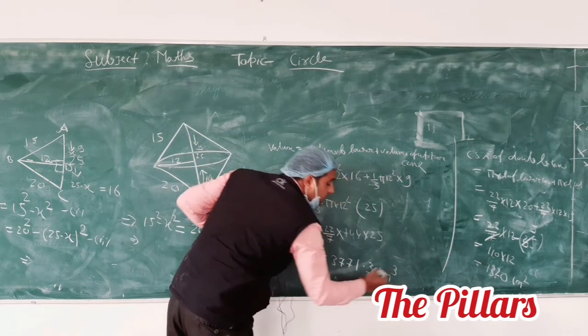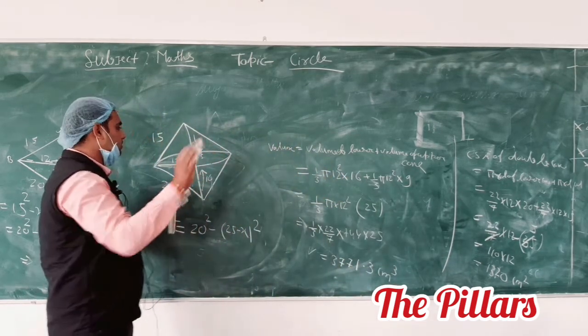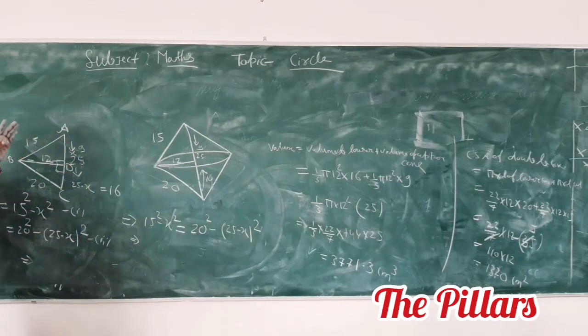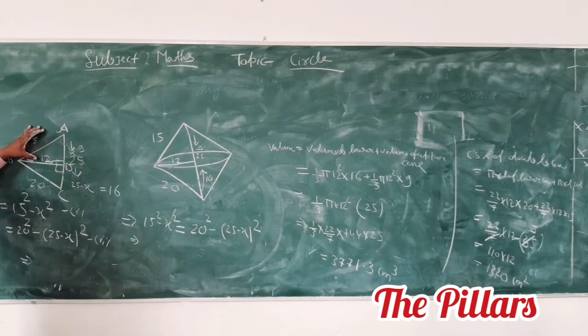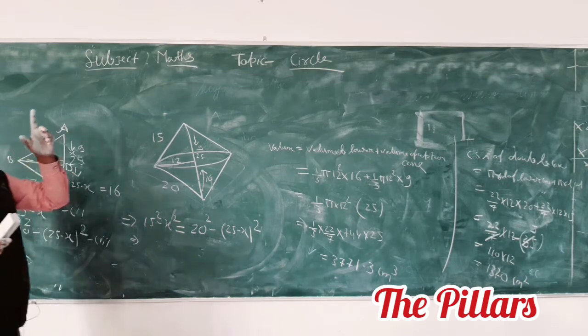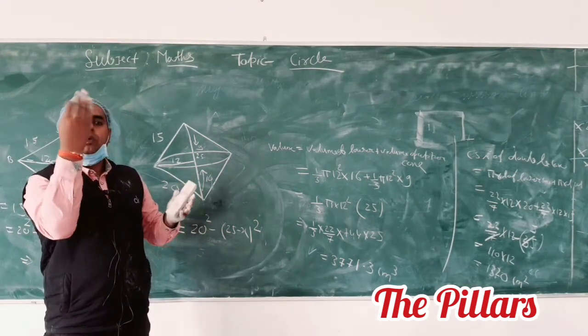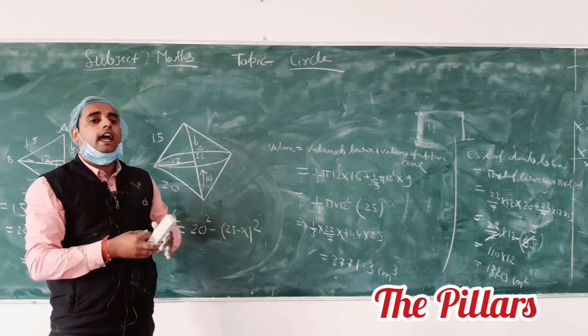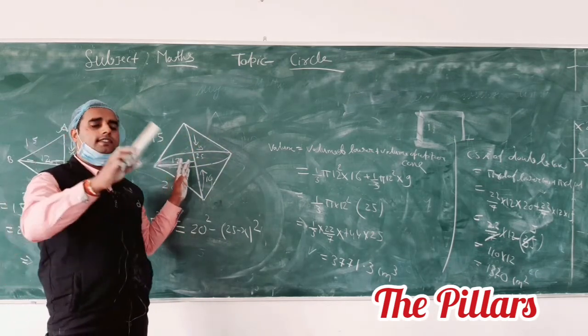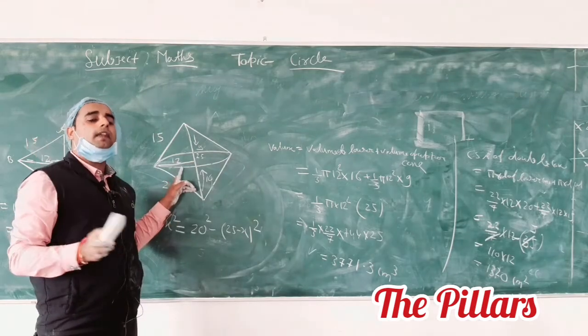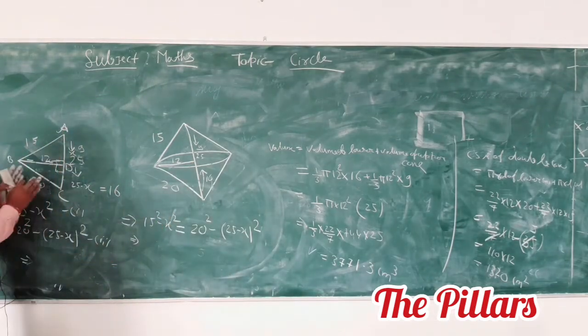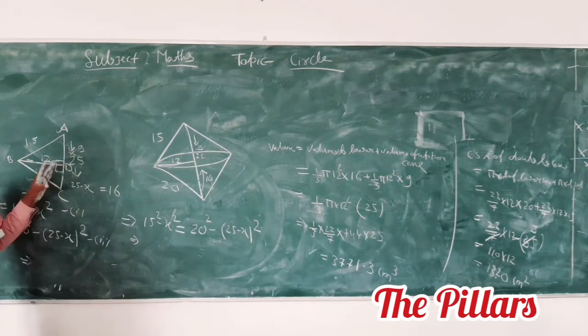Once again I will state the question. You see what the question tells us: suppose you have a right angle triangle, and you have to revolve it about the hypotenuse, and you have to find the double cone. We take the right angle triangle like that to make the cone.